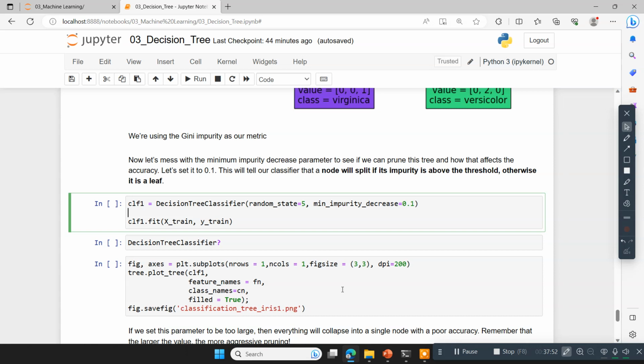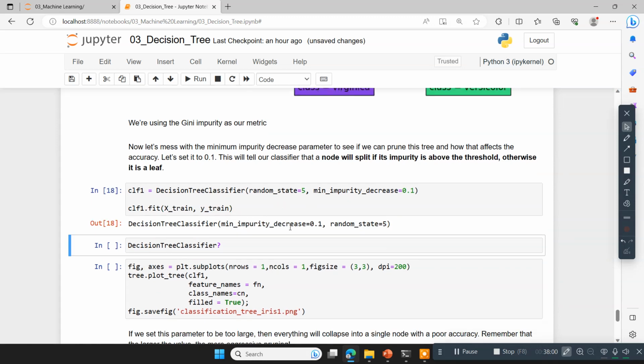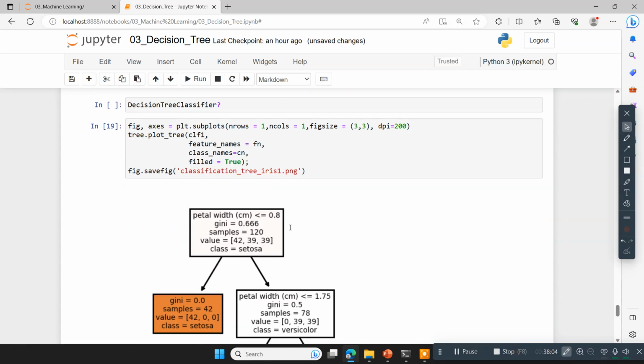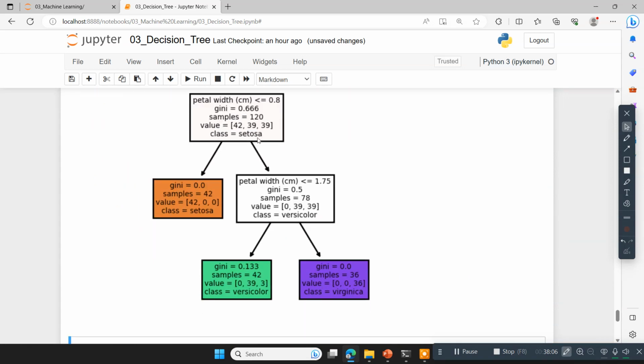So I'm building the model again. Classifier 1 equals decision tree, random state 5, minimum impurity decrease value. So again building the model. The process is same here. Now plotting the model again. So now the number of branches are reduced. If you traverse this path, outcome is setosa. If you traverse this, versicolor. If you put this, then virginica. So this is a simple model,